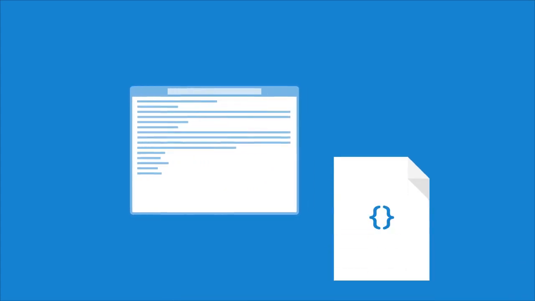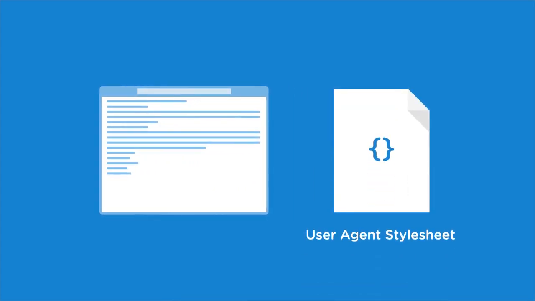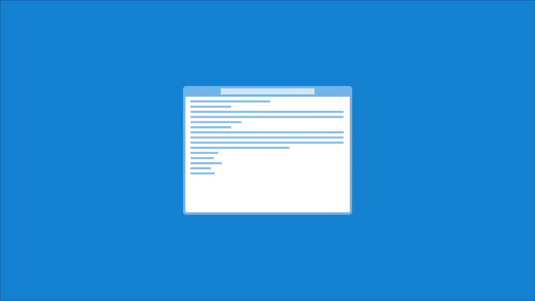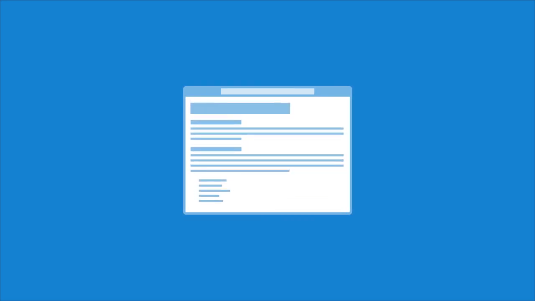Before you begin laying out a page with CSS, you should consider how a browser's default CSS might affect your layout. In the CSS Basics course, you learned that a browser has its own built-in style sheet called a user agent style sheet. It's the CSS a browser applies to a page before you even write a single line of CSS. The browser gives elements like the body, headings, paragraphs, and lists default margin, padding, line height, and font size